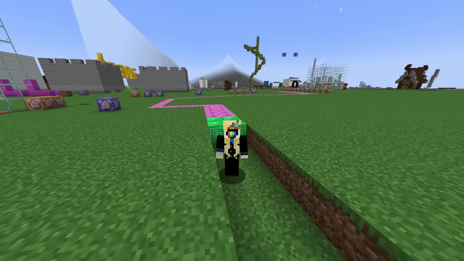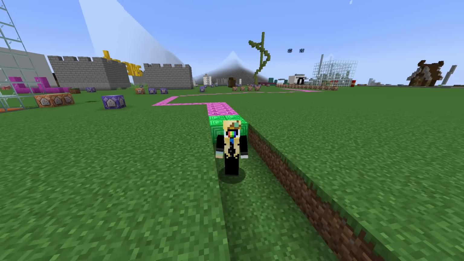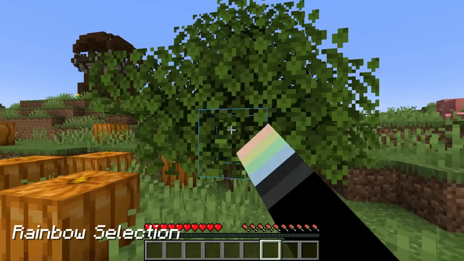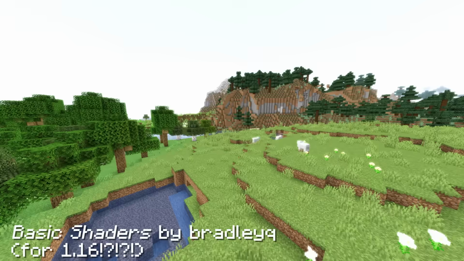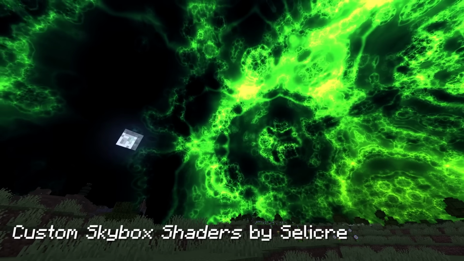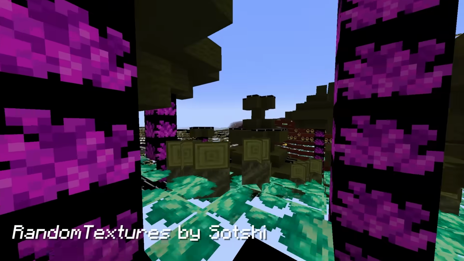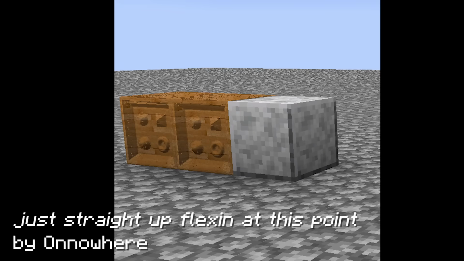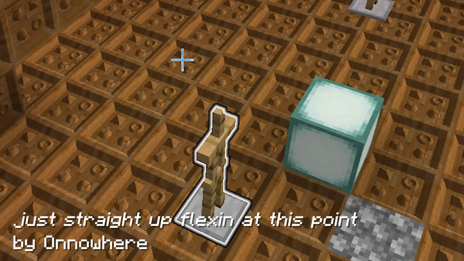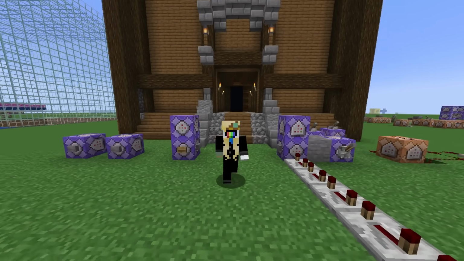You can also calculate what color each pixel on the screen should be, based off things like where the pixel is on the screen and what textures those pixels come from. This lets you do things such as rainbow selection thingy. I made this one. Color grading effects, custom skyboxes, finally, animated skyboxes, texture swapping, very advanced texture swapping. How the—